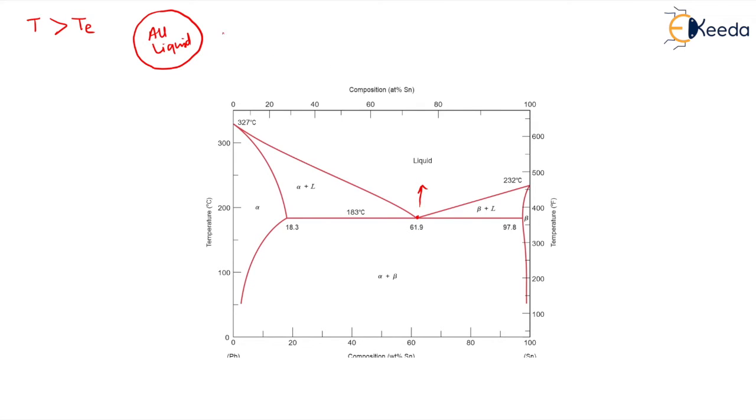Now, if I slightly drop the temperature, if we cool it slightly below Te, what will happen? Definitely, as soon as we come below this point, there will be a region of alpha plus beta. There will be the starting of nucleation of either alpha or beta, as soon as you come below this eutectic temperature, isn't it? There will be the nucleation of alpha and beta.